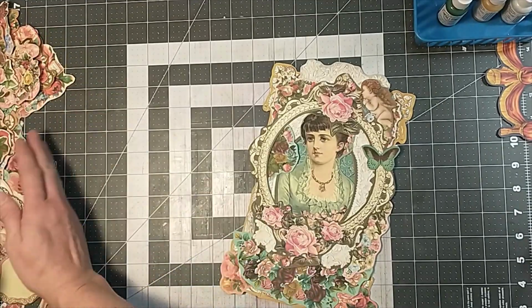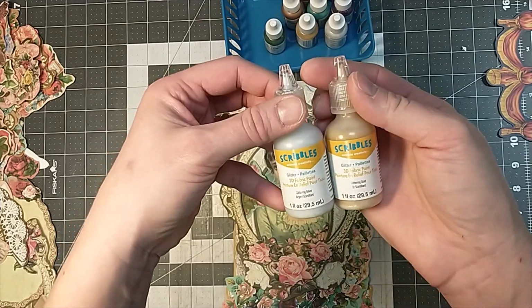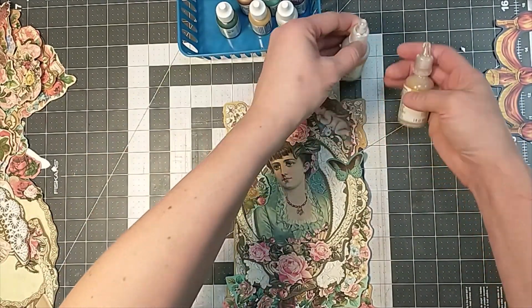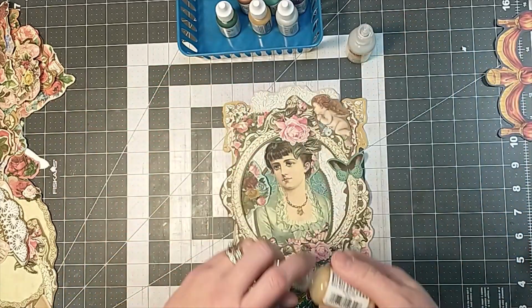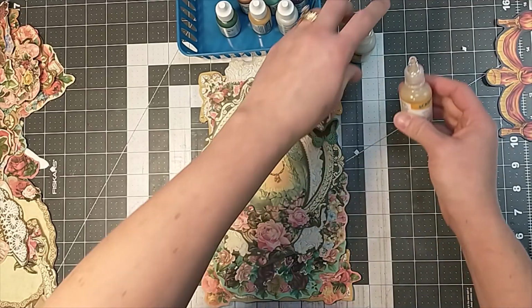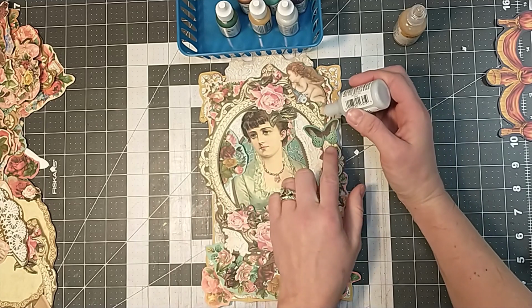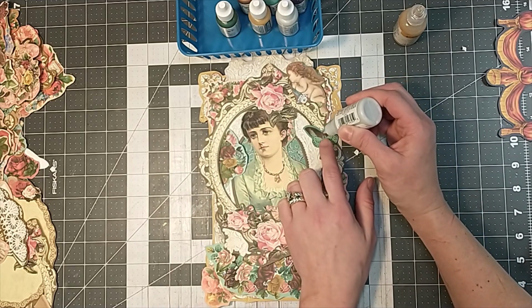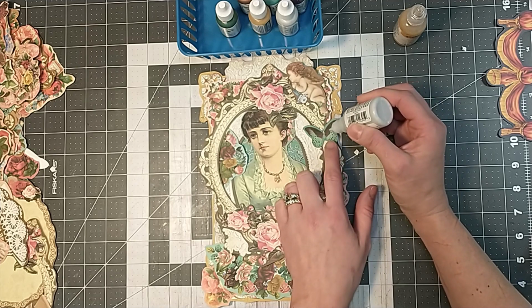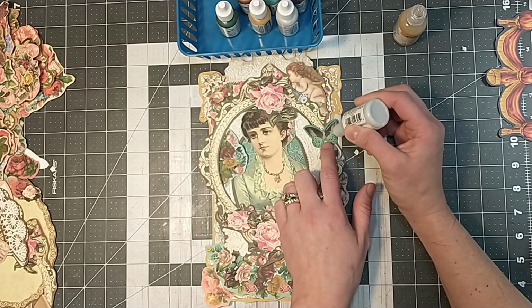Okay, so I'm going to move this off to the side then. And I've got a couple little, these are called scribbles, but it's the generic form, I guess, of stickles. So these are just glittery little things. And I'm thinking, let's accent the butterfly a little bit. So these are just going to dry clear, but it will add that really cool glittery dimension,